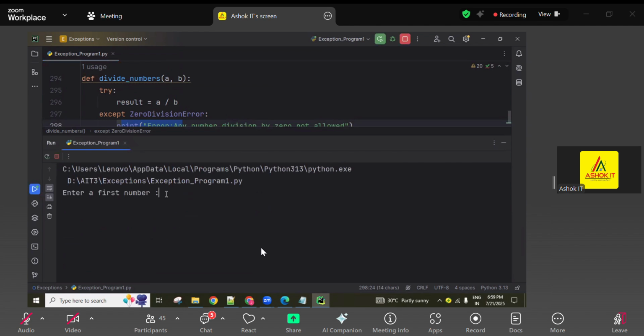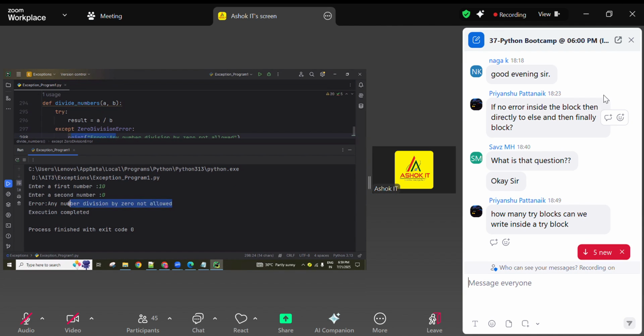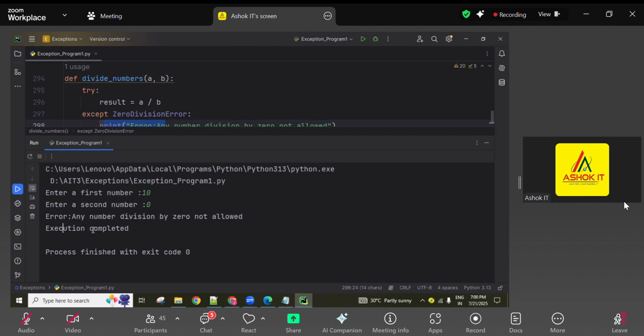Okay, so entered first number 10, second number 2, then division result 5.0, execution completed, properly working. And next, enter number 10, second number, the denominator value 0, guys. Now here an error is raised: any number division by 0 not allowed. And execution